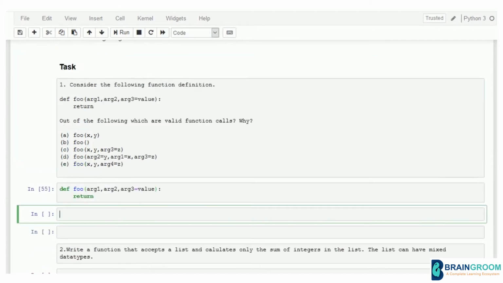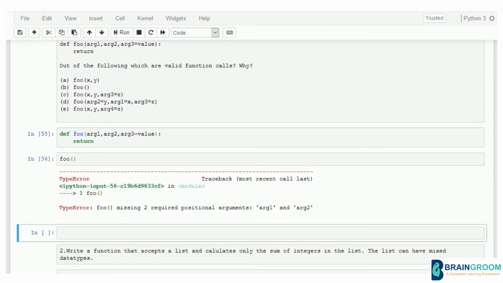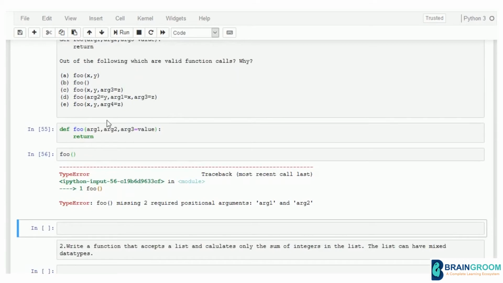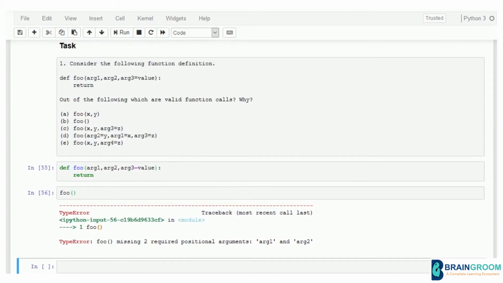It says foo missing two required positional arguments arg1 and arg2. So you have to give values for arg1 and arg2 since those two are positional arguments, so that the first value gets assigned to the first parameter, the second value gets assigned to the second parameter or the second argument.